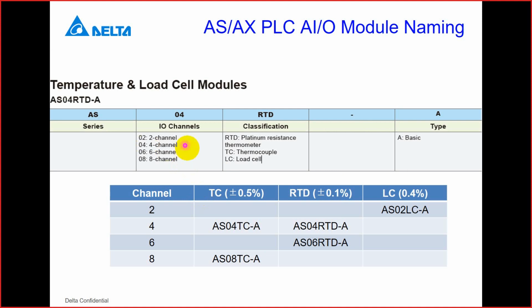So this one is for the temperature and the load cell module. So you will see this is the accuracy. So for thermocouple is around plus minus 0.5%. RTD, or we can say the platinum, will be 0.1%. I think this is quite reasonable. Okay, because PT or RTD sensor is normally more expensive. This is based on the property. And then for the load cell,